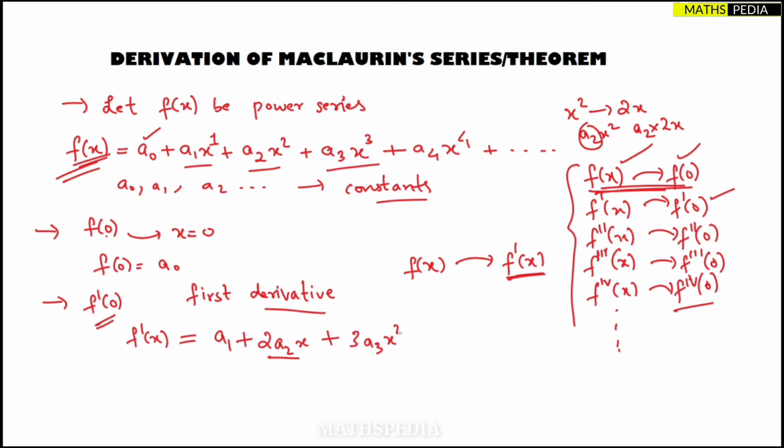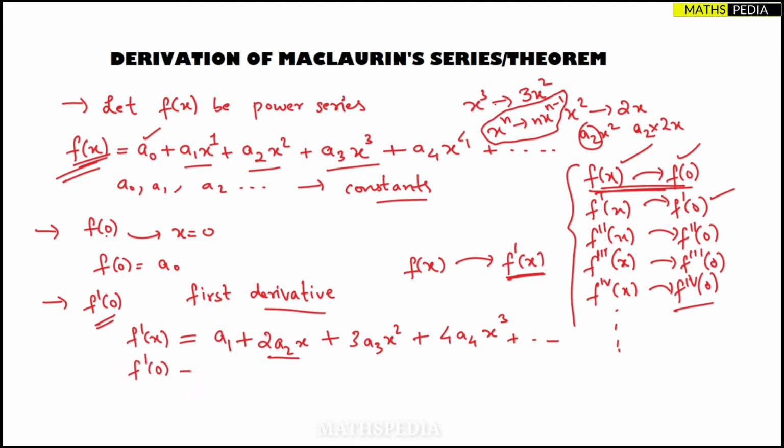3a3 x square. Now how did it become that? The differentiation of x cube is nothing but 3x power 2. In general, x power n differentiation is n x power n minus 1. This is the formula you need to remember. This is what I am applying here, plus 4a4 x power 3, just one power you have to subtract, minus 1 you have to do, plus so on. Now we are done with the second step,